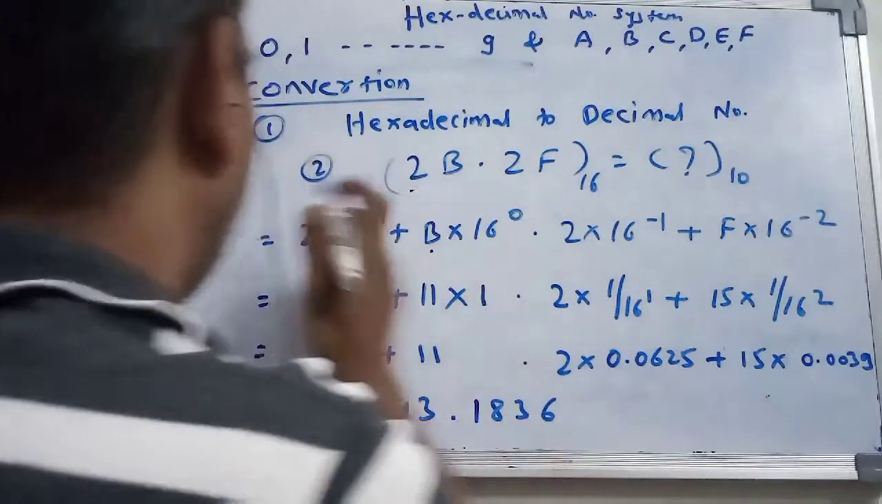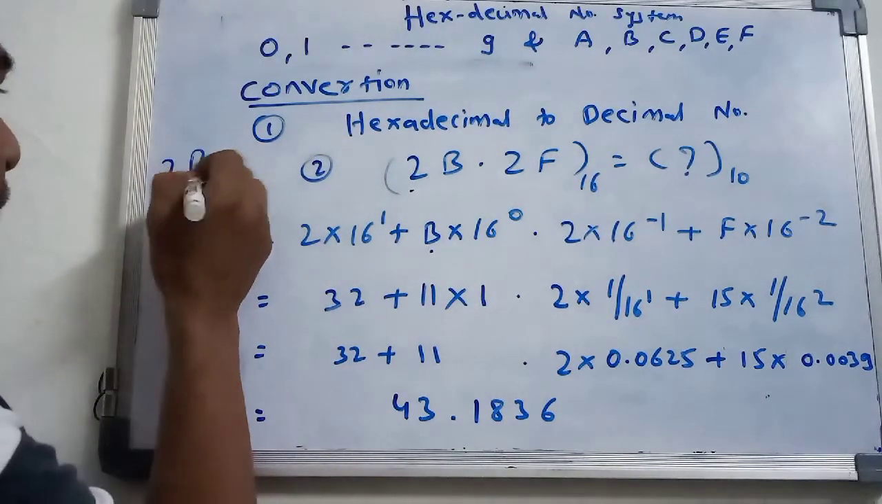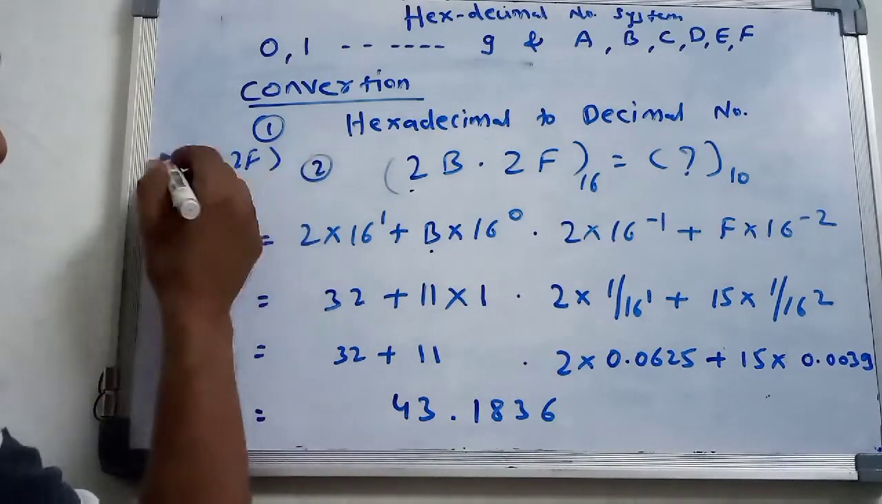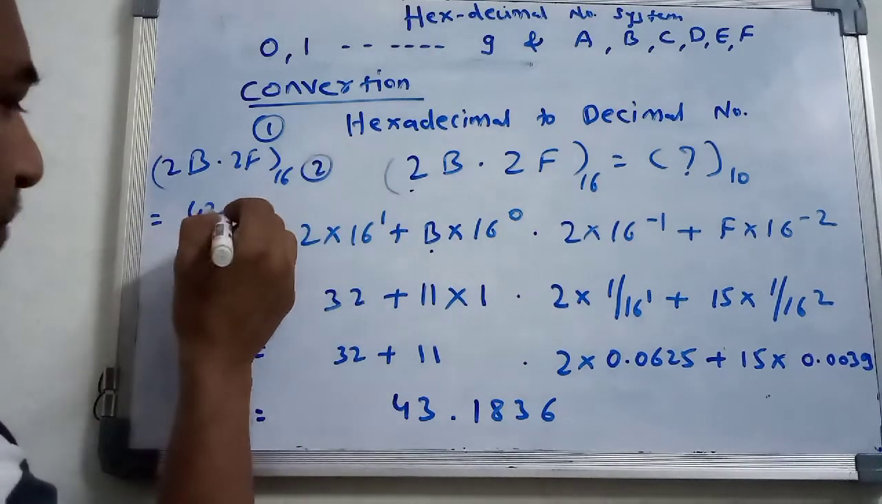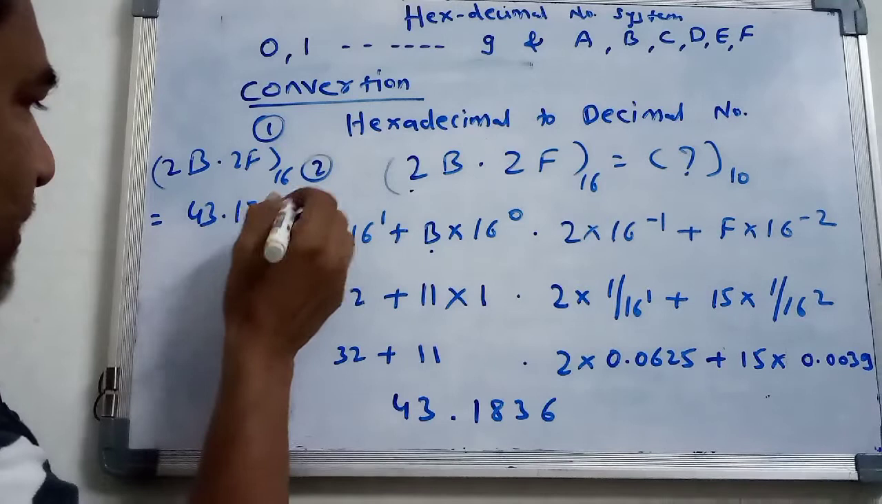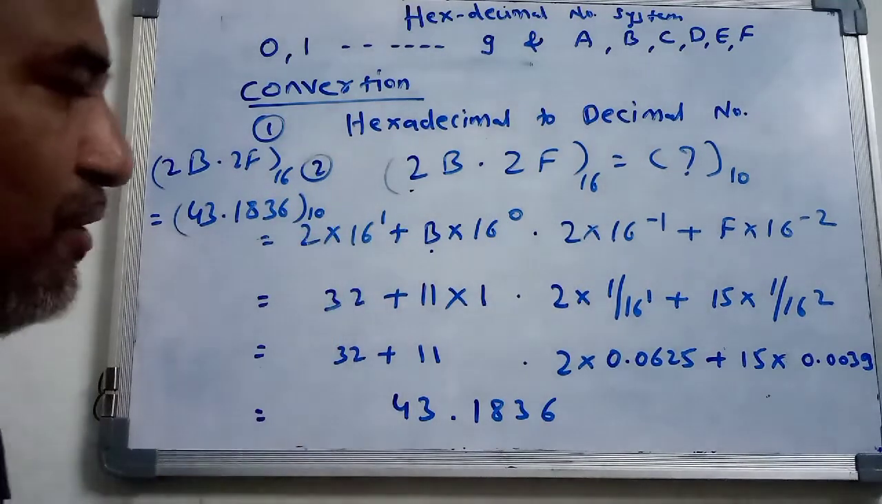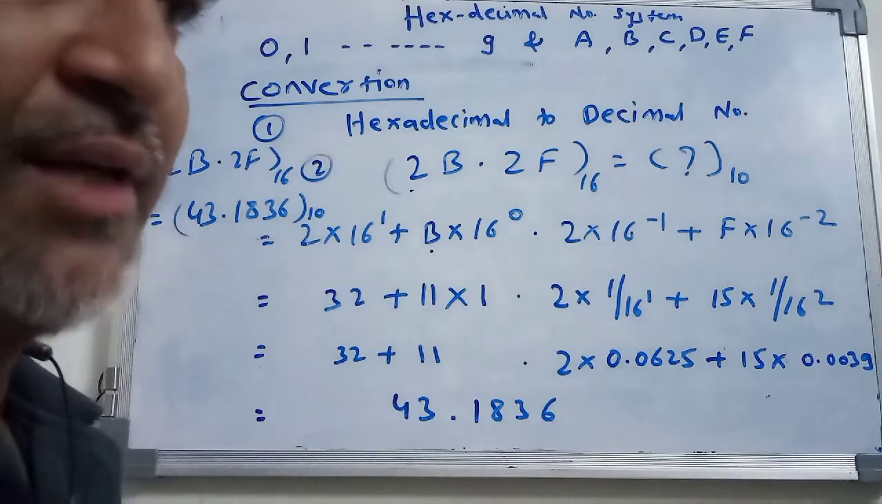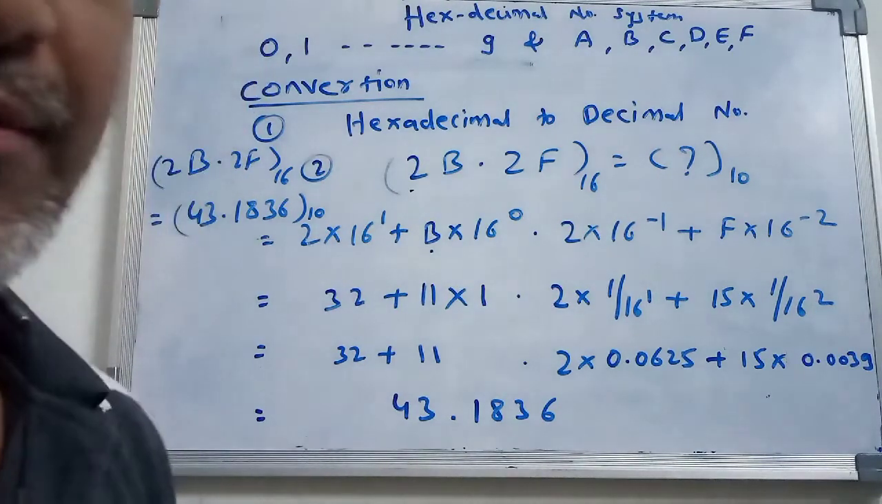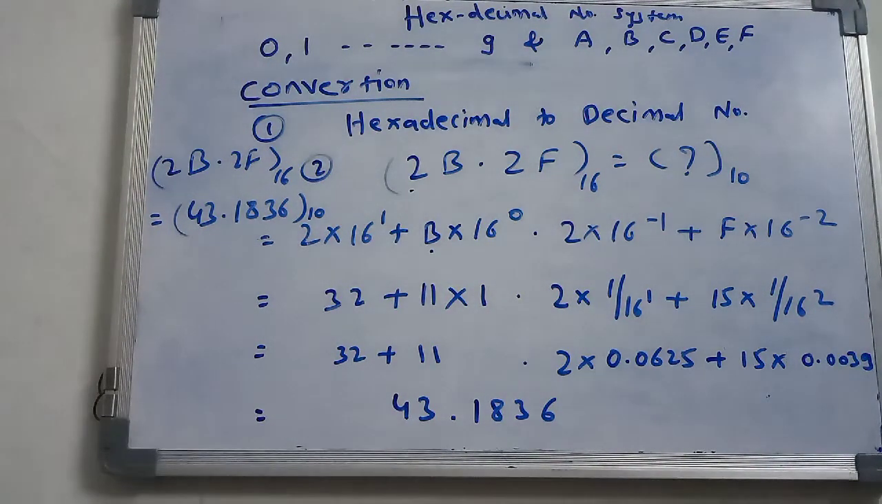Then at the end, what you have to write down? 2B dot 2F with a base 16 is equal to 43.1836 with a base 10. So this is the final answer you will get, and this conversion is called hexadecimal to decimal conversion. Okay,